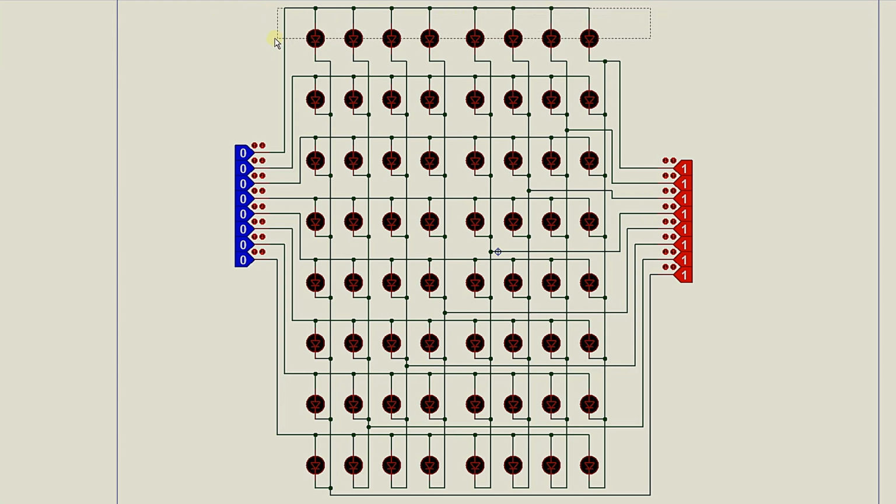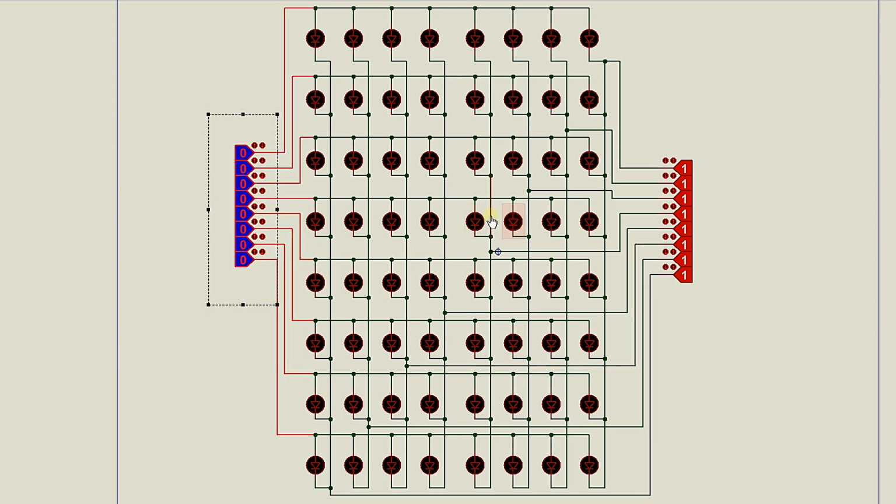anode in the first row is commonly shorted and it is controlled by a single GPIO pin. And similarly, in the second row, all the LEDs' anodes are commonly shorted and it is controlled by the second GPIO of the microcontroller. Let's assume these are all the GPIO pins of the microcontroller, this one and this one. Totally we have 16 GPIOs for controlling these 64 LEDs, or this particular 8x8 dot matrix arranged LEDs. And similarly, all the 8 rows are done, and it is controlled via 8 GPIO pins of the microcontroller